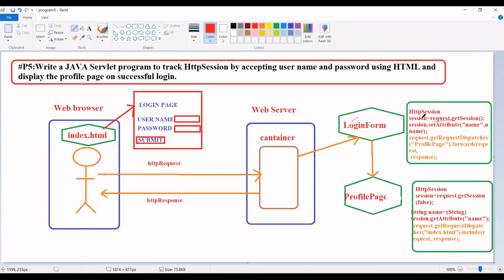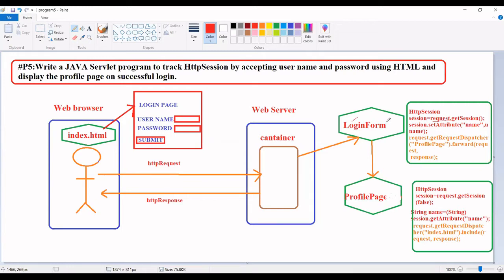For each request, the container will create one session ID. If there are 100 clients, 100 session IDs will be created, and each will be unique.